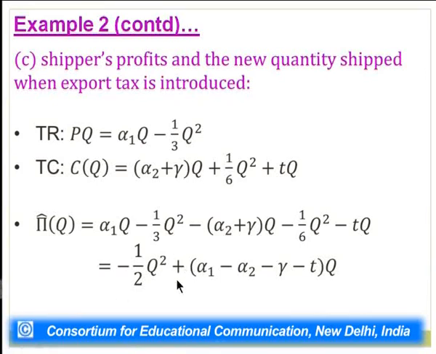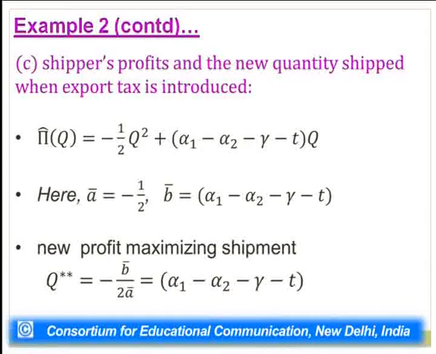So collecting the Q square and the Q terms, we get as the expression for profits of this firm: minus half times Q square plus (alpha 1 minus alpha 2 minus gamma minus T), the whole thing, times Q. And again, you can see here that this profit function would have a max